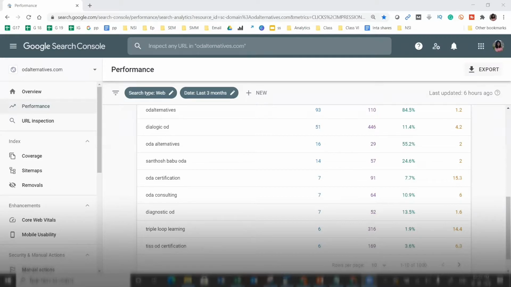So GA is more about who is visiting your site, how many visitors you are getting, how they are getting to your site, how much time they are spending, where your visitors are coming from, their geolocation, etc. However, Google Search Console is geared more towards internal information. You know, who is linking to you. So all the backlink information that we discussed in the first session is going to be available here. And if there is any issue or error, as I mentioned, on your site, that will be available here.